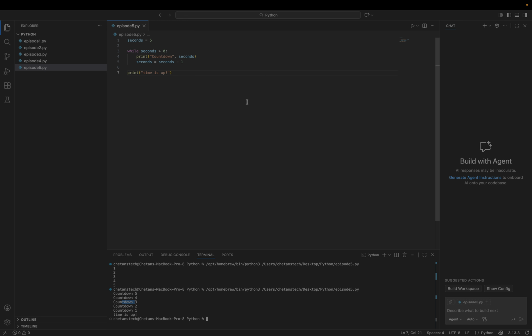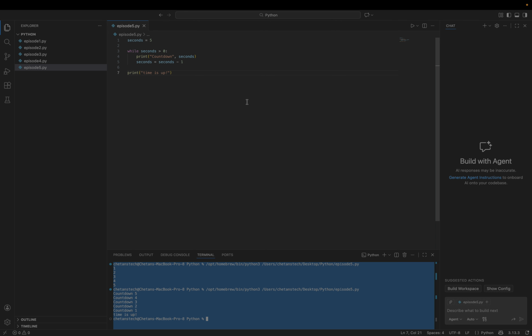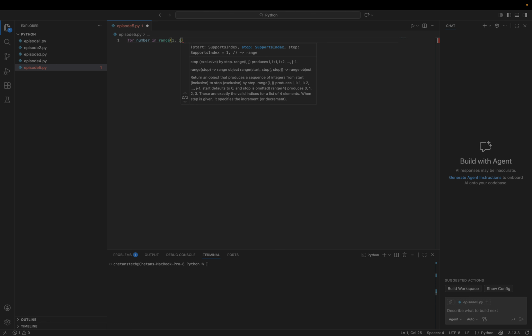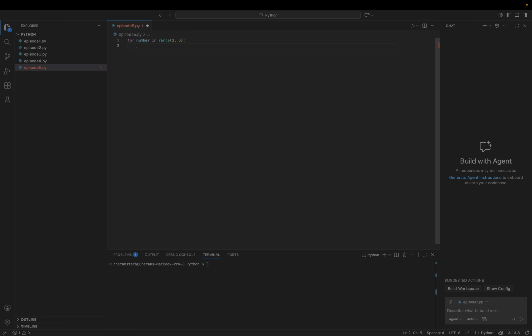Now let's learn the second loop. A for loop. A for loop is used when we know how many times we want to repeat. Let's take an example like for number in range from 1 to 6, print number.